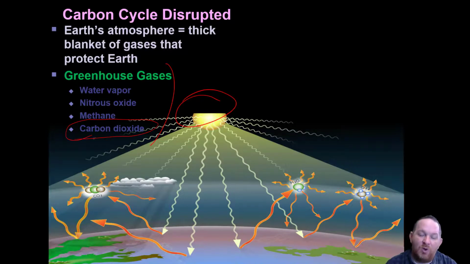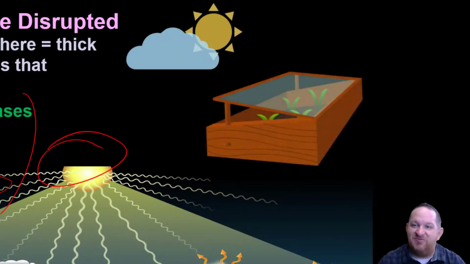What's happening? Well, we call these greenhouse gases because think about a greenhouse. Got the sun here. Let's say we wanted to put some plants, but we wanted to keep the plants warm. So we put a glass lid over the plants. What happens to the heat? The heat comes in, and then instead of hitting and dissipating back out, the heat gets trapped in there, keeping the plants warm. All right, that's a greenhouse. That's how greenhouses work. That's how we grow plants throughout the winter.